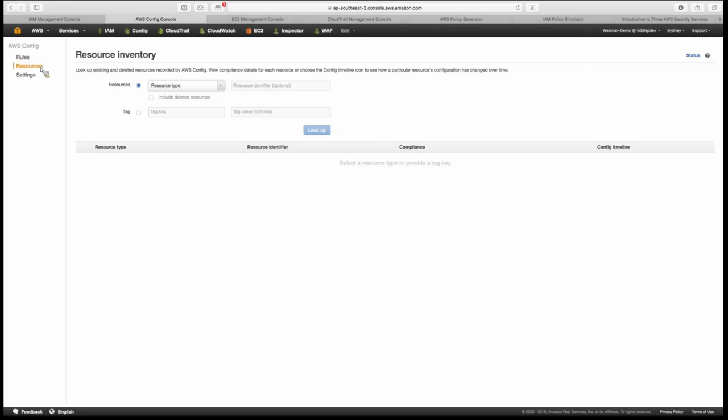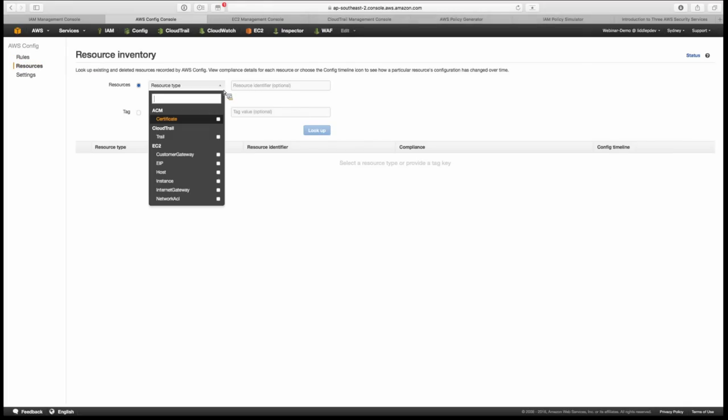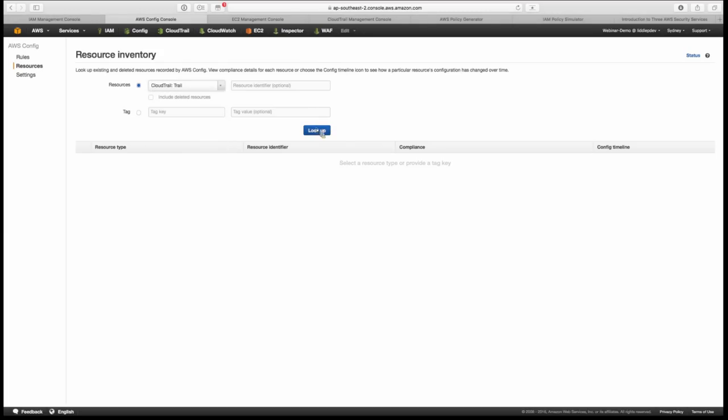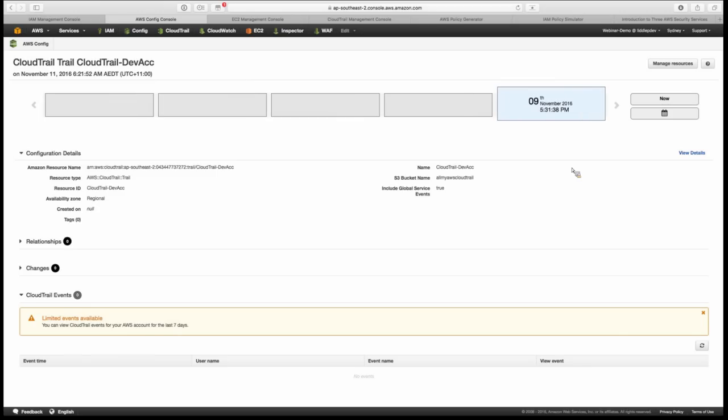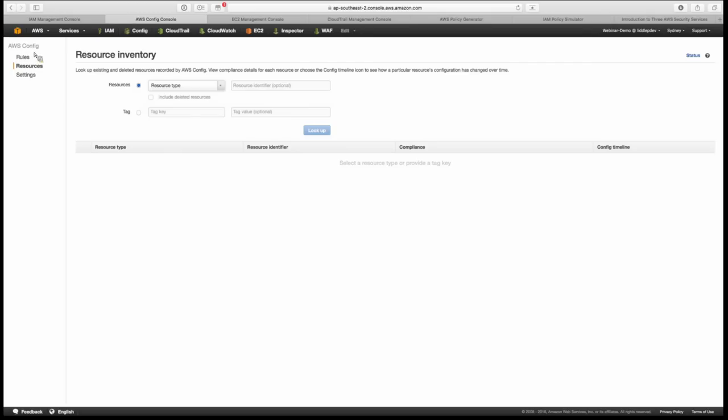So having a look at the resources, if I had a resource type, here I wanted to look at CloudTrail specifically, I can do a lookup just for that particular resource to find out what it looks like. So here we go, I can say CloudTrail in my environment, what is the Config timeline? You don't necessarily have to go just to the rules, you can come back to the resources here and have a look. So the settings,